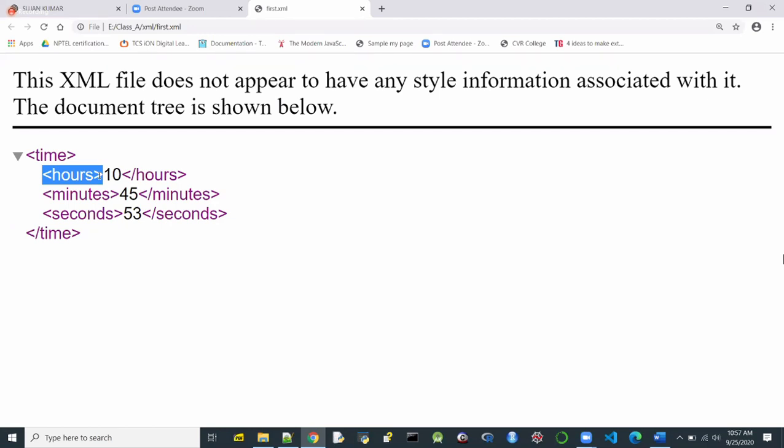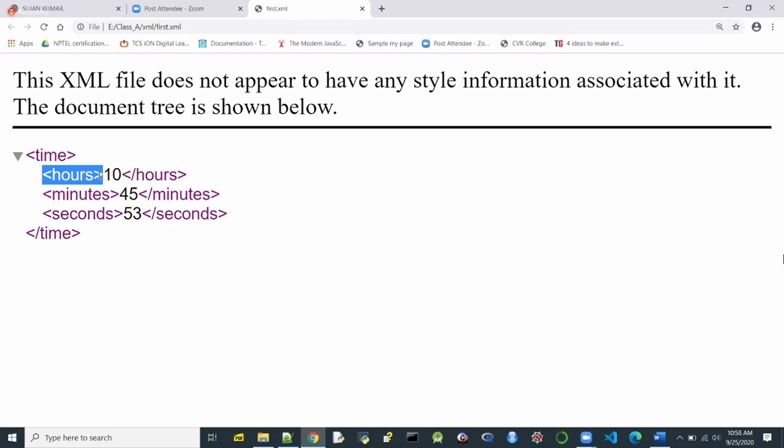But here, the browser knows nothing about the elements that we are using, isn't it? I just defined my own tags, and you can't expect the browser to understand the meaning of your own tags. Not only do you have to design your own tags, you must also tell the browser how to interpret each of these tags: how to interpret the time, the hours, the minutes, and so on.